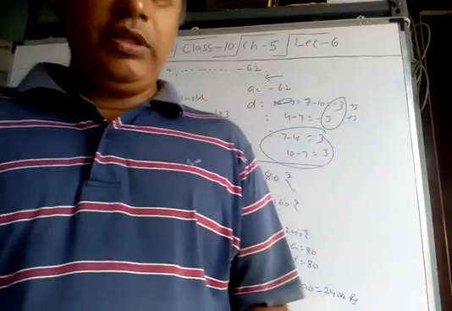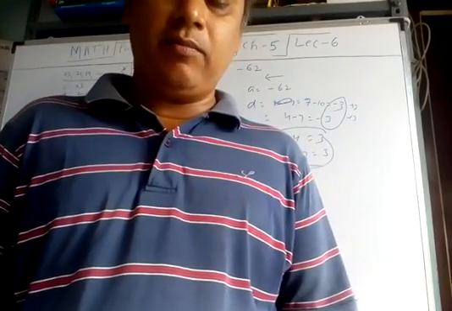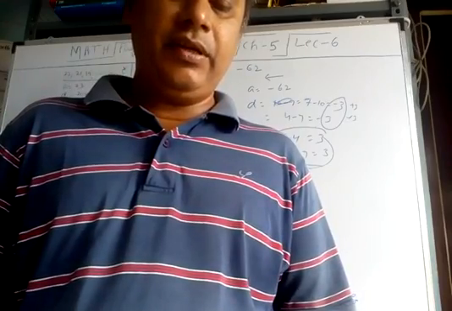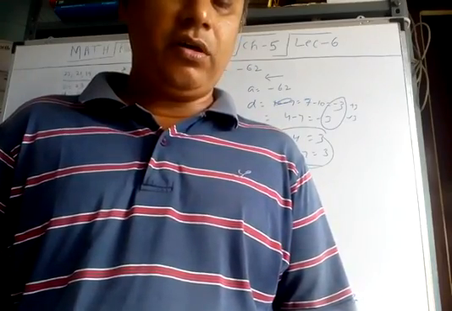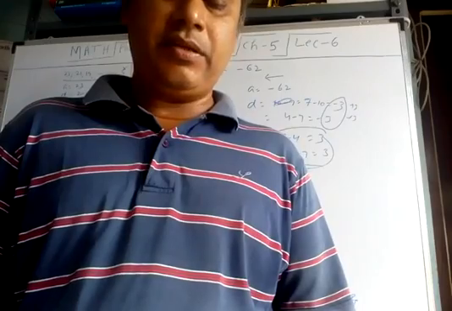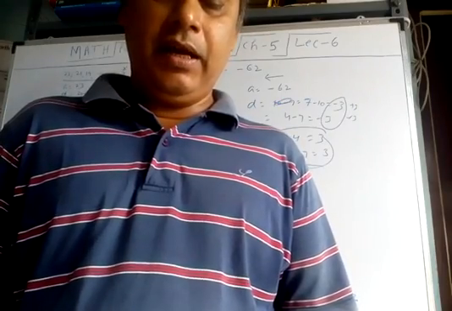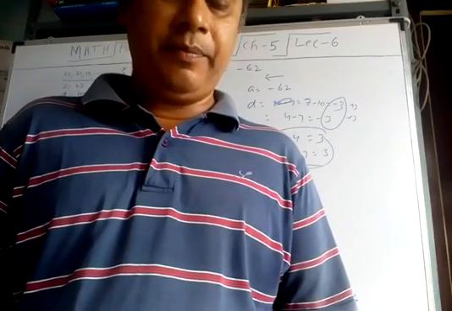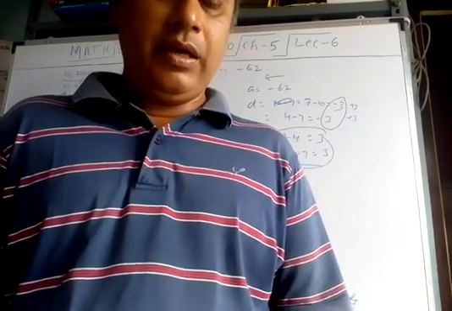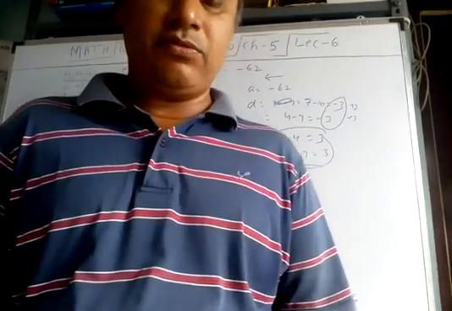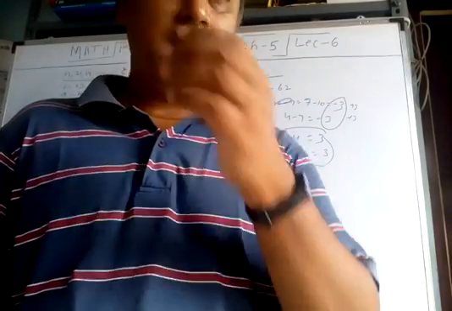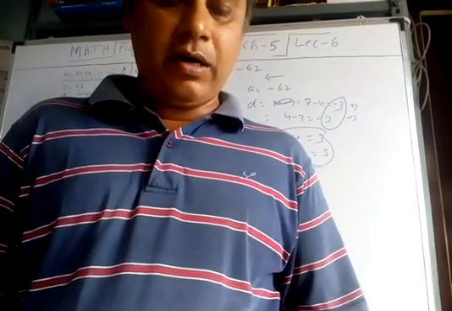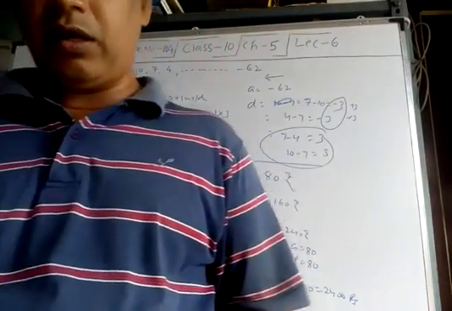We will now use the same technique to find the sum of the first n terms of an AP: a, a plus d, a plus 2d, dot dot dot. The nth term of this AP is a plus n minus 1 d. Let S denote the sum of the first n terms of the AP. We have S is equal to a plus a plus d plus a plus 2d plus dot dot dot plus a plus n minus 1 in brackets d. So reversing the terms in reverse order, we have